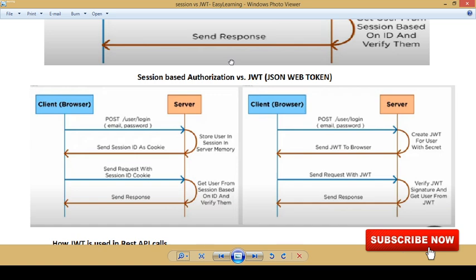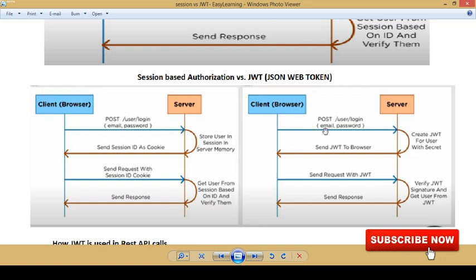So guys, you can see on my screen, on the left side I have mentioned the session based authorization, and on the right side you can see the JWT based authentication, right? So basically, how we used to send to the server from the client or browser as a post method is similar to session based.